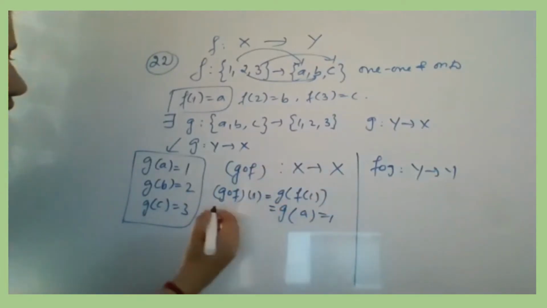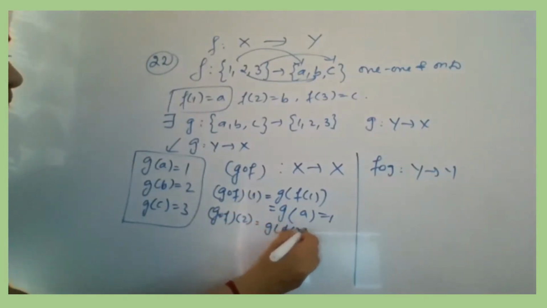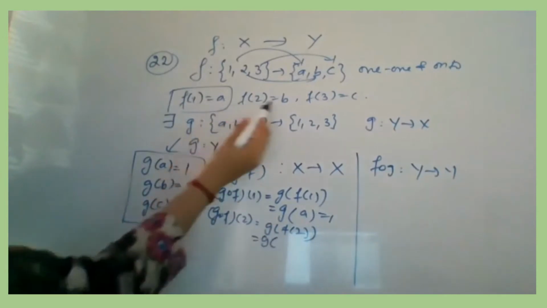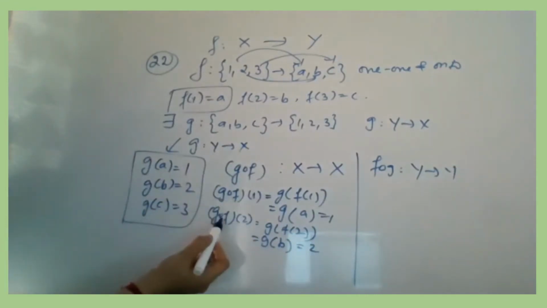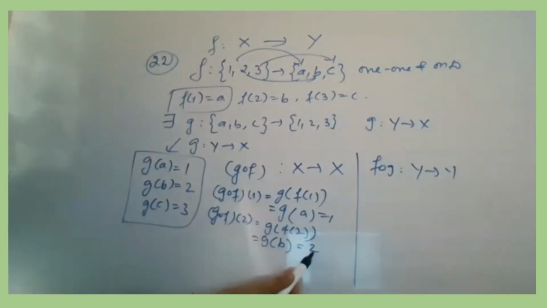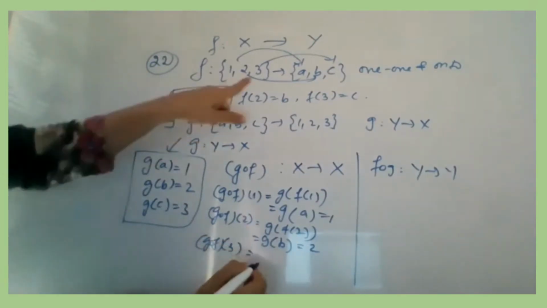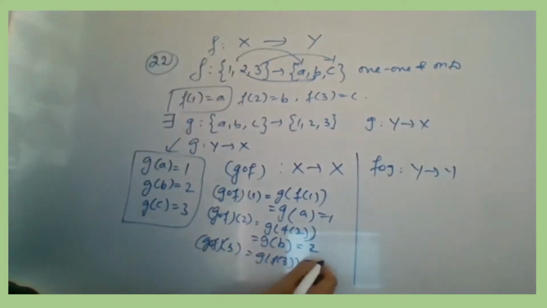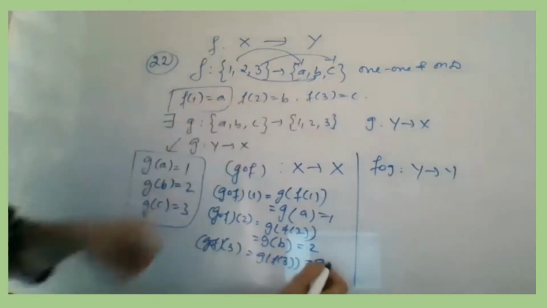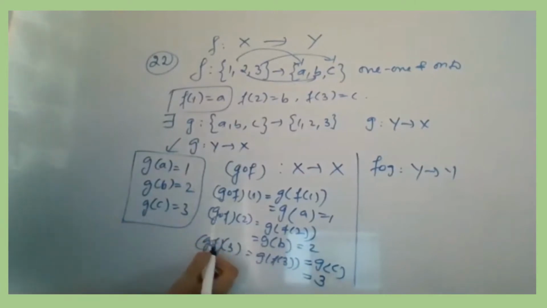तो वो identity का रोल है, but सारे elements में आपको check करना है. Of 2 क्या देगा? G of F of 2. G of F of 2 is taken as B, so it is G of B, which is again G of B will give you 2. Okay, so again you have started with G composition F of 2 and you reach 2. Now you need to check G composition F of 3. One more element is there, 3. So we will have G of F of 3, which is taken as C, G of C, and G of C will give you 3. Again, G composition F of 3 is 3.